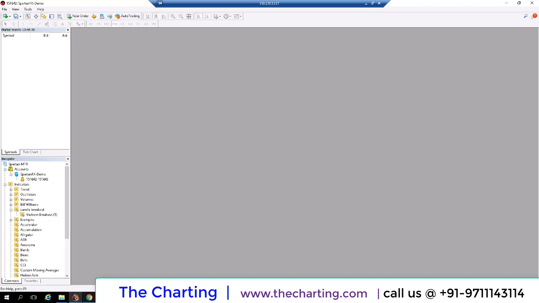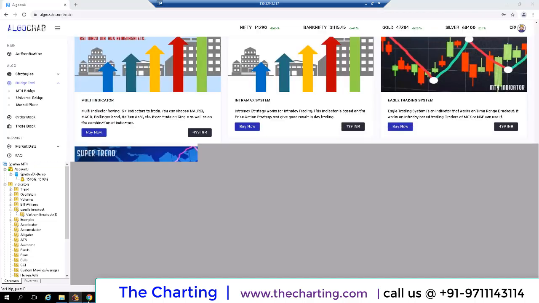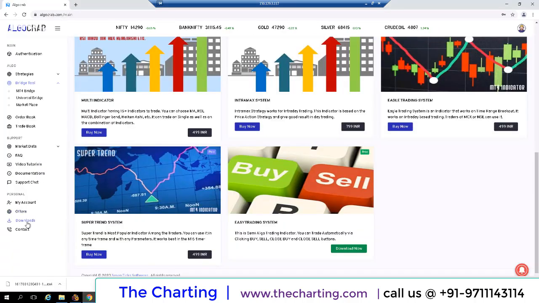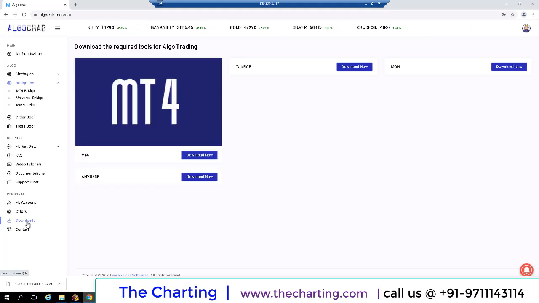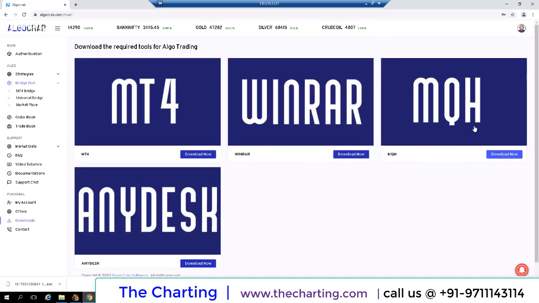So you go to your Bridge again, click the download section, and download this MQH file. Copy it and paste it in the include folder. Then after that you will be able to trade automatically via your MT4.